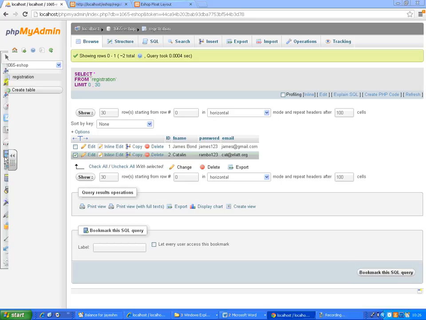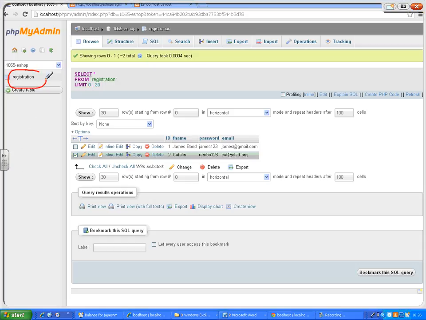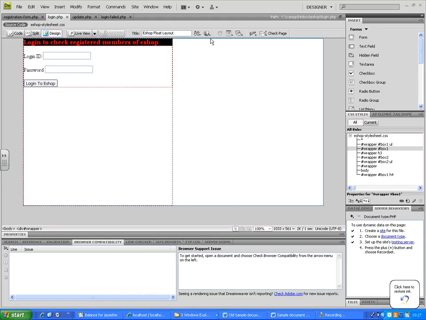So far we have this existing database, which is the registration table, and under the registration table we are going to use these two fields. One is your password field and one is your email field. So this email field we will use as our ID, okay, and the password field we will use as the password. The process we're going to learn today is we're actually going to create